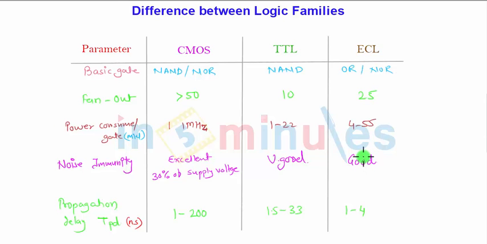Overall I can summarize that the CMOS family is very good and is the most widely used family for large scale devices and large scale production, combining high speed and lower power consumption. If these two parameters are taken into consideration, CMOS is the best, and it operates from 5 to 15 volts of power supply, and noise immunity is up to 30%, as I already said.